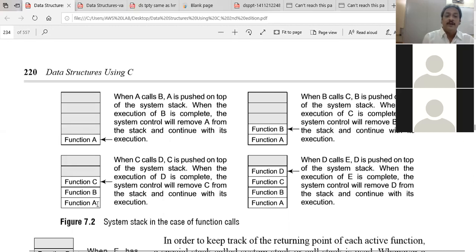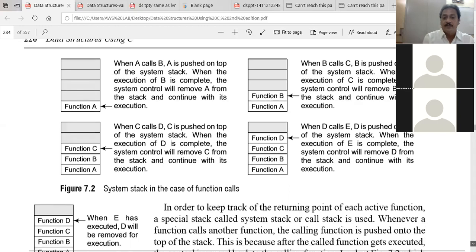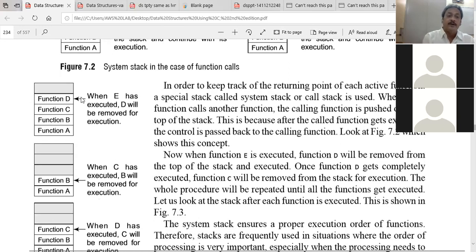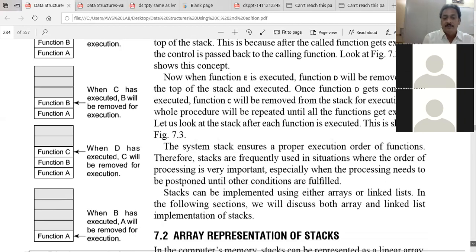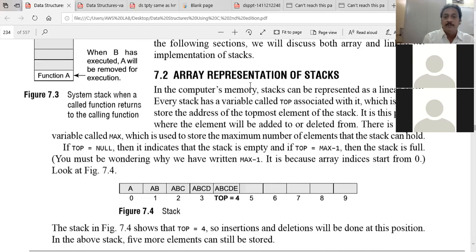A enters first, B enters next, then C, then D. When you remove, D comes out first, C next, then B, and at the last A comes out from the stack. Yesterday inserting was explained, and removal is here. Hope this drawing is visible to everyone. Yes, sir.